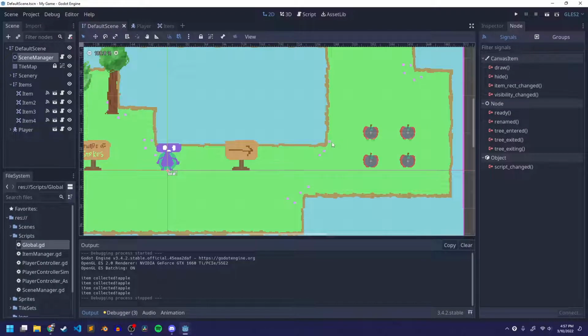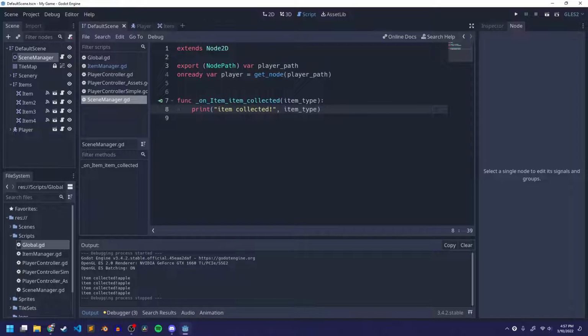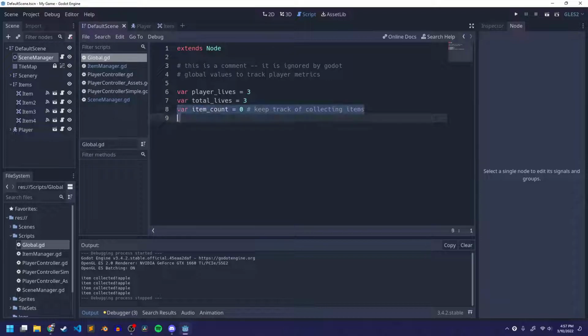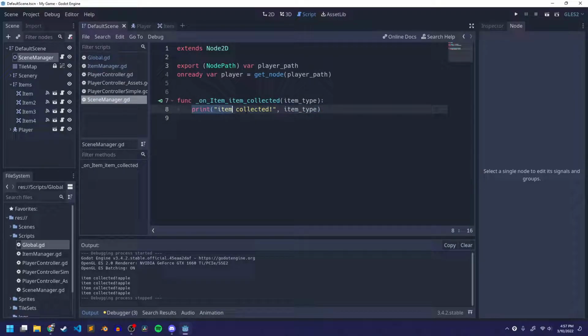Okay, so the last thing I want to add is I need the scene manager to increase the number of items I have. So I'm going to go back to the scene manager script. I can click on this little script icon to go back here. And so now I want to say if the item that you collected was an apple, then I want to increase the global item count. So what I'm going to do is say if item_type, and then I can use a double equals to say that, you know, these are the same thing. And so if the item type is apple,